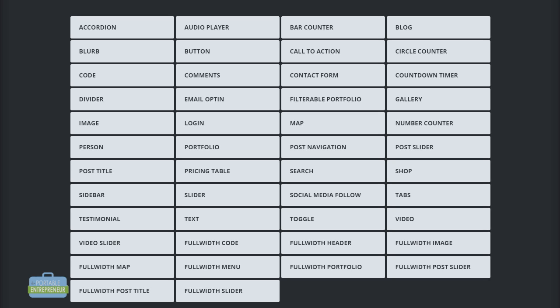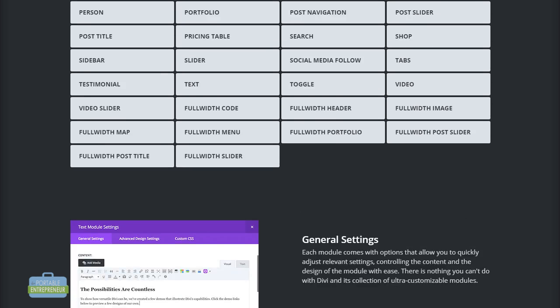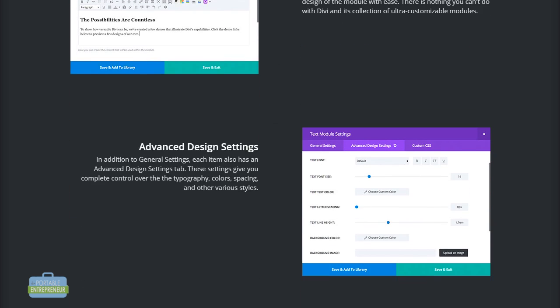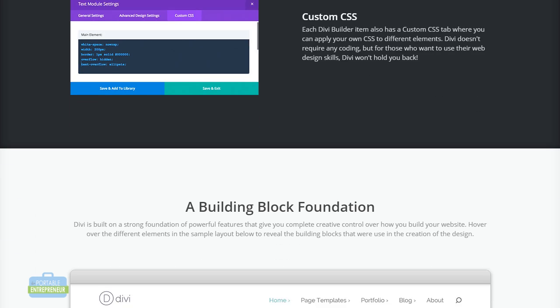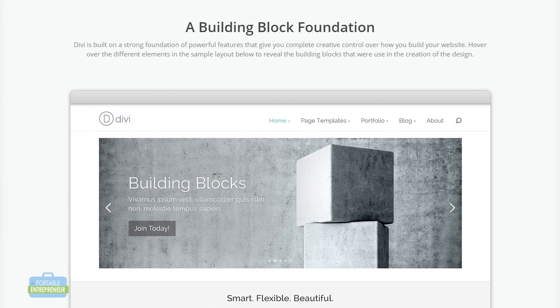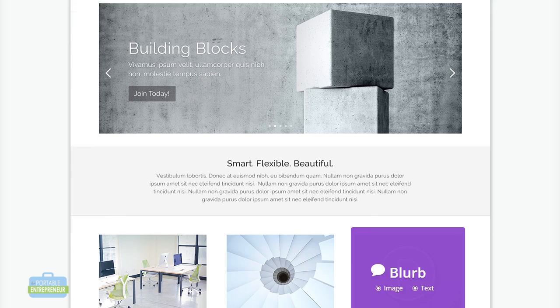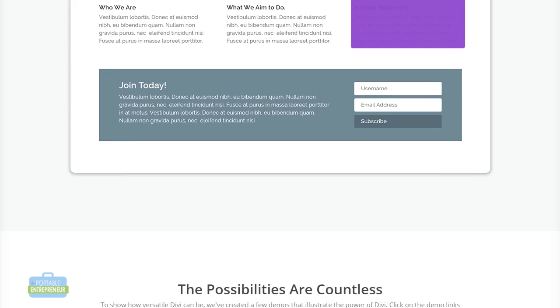So if you want to have pricing tables, you can do that. If you're working with more of a creative industry and you need to be able to display their portfolio, you can do that as well. If you need to have audio, you need to have video, you can do all of those things as well. So there's really just so much that you can do here. So what we're going to do is we're going to go in, we're going to take a look at how to actually set up the Divi theme completely from scratch